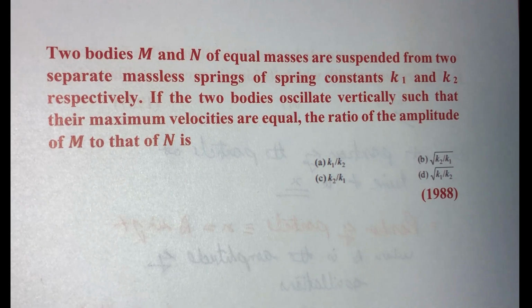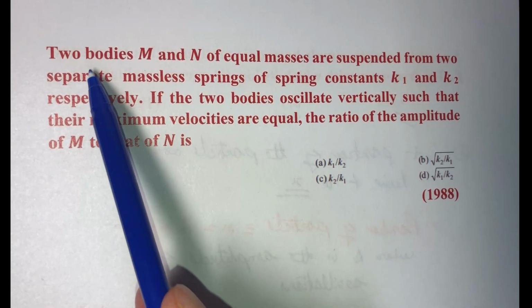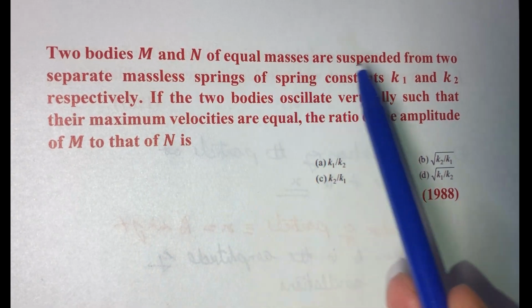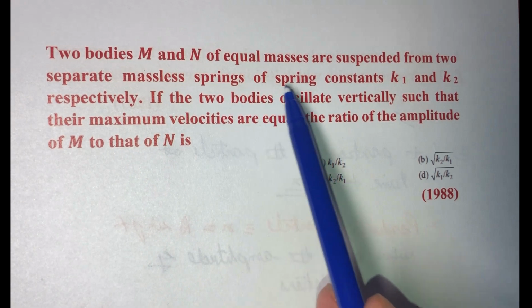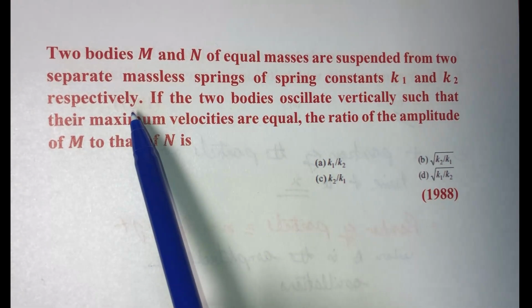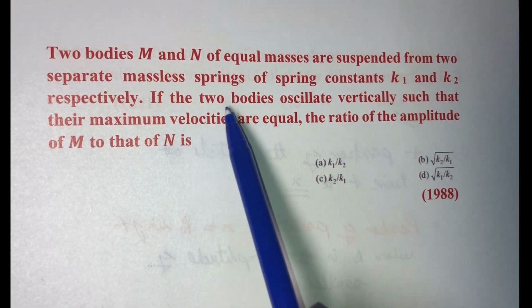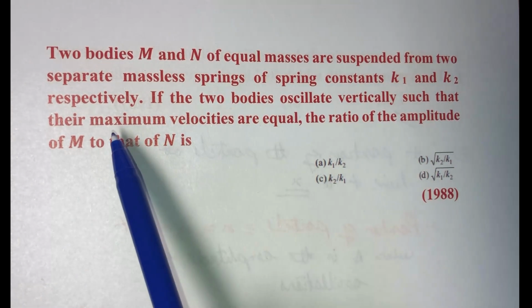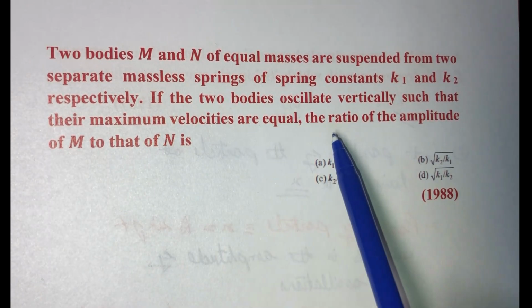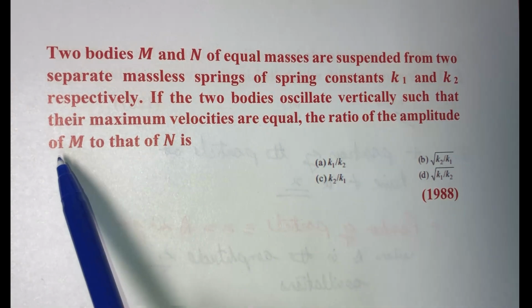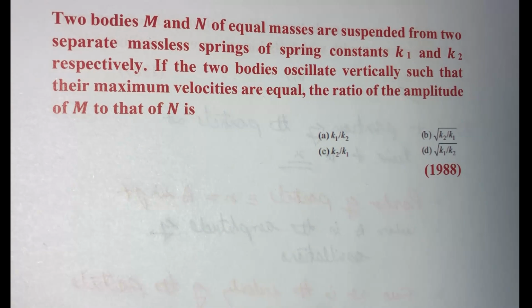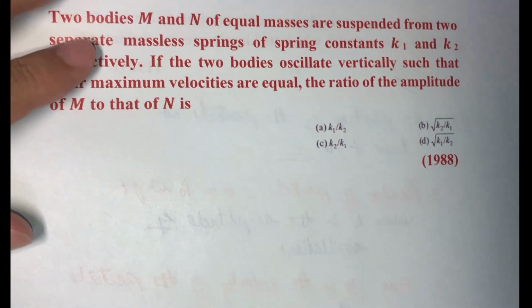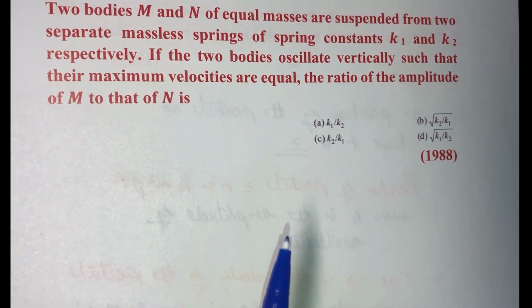Hello friends, today's question. Two bodies M and N of equal masses are suspended from two separate massless springs of spring constant K1 and K2 respectively. If the two bodies oscillate vertically such that their maximum velocities are equal, the ratio of amplitudes of M to that of N is. So we are given two springs and they are having a spring constant of K1 and K2,